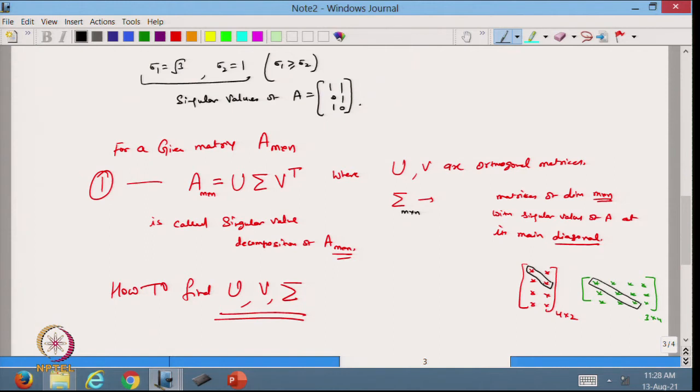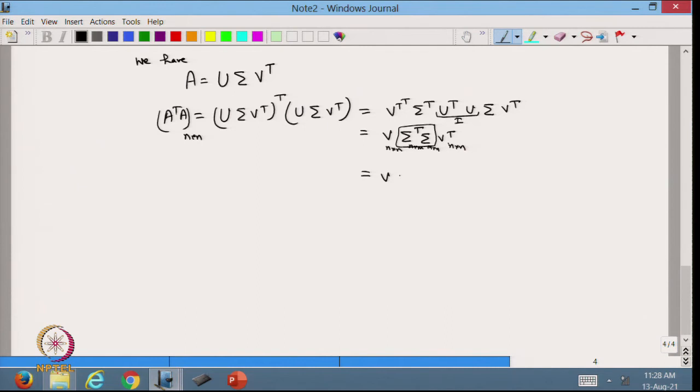If I multiply sigma by its transpose, I will get only the diagonal values. So, I will just write that it will be a diagonal matrix D with these values,